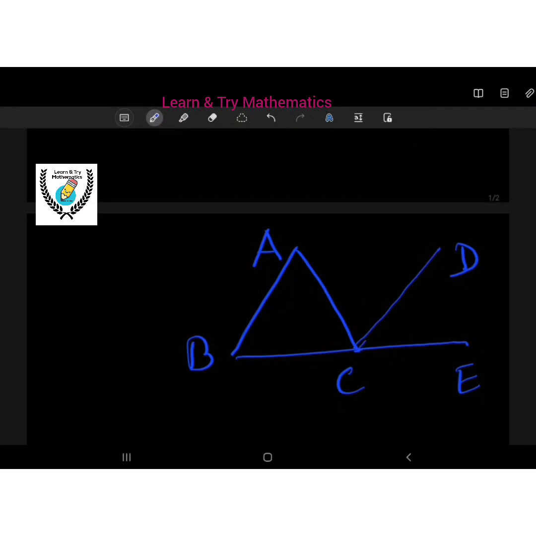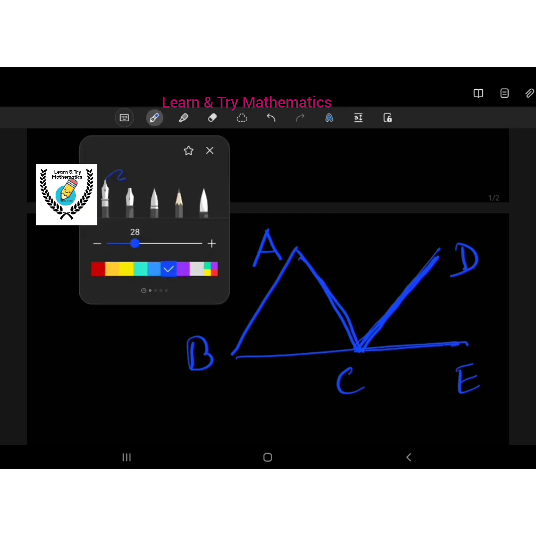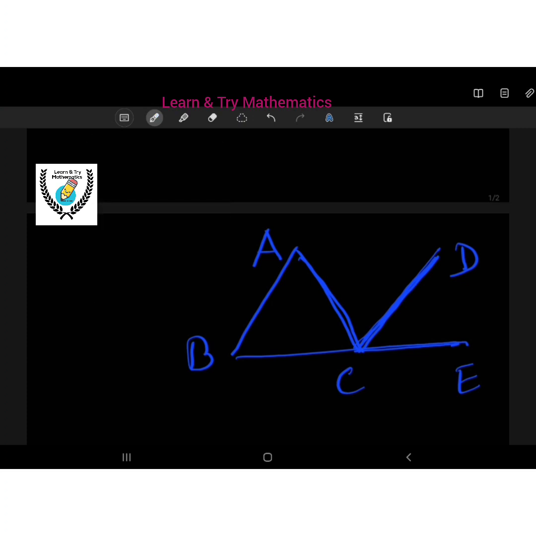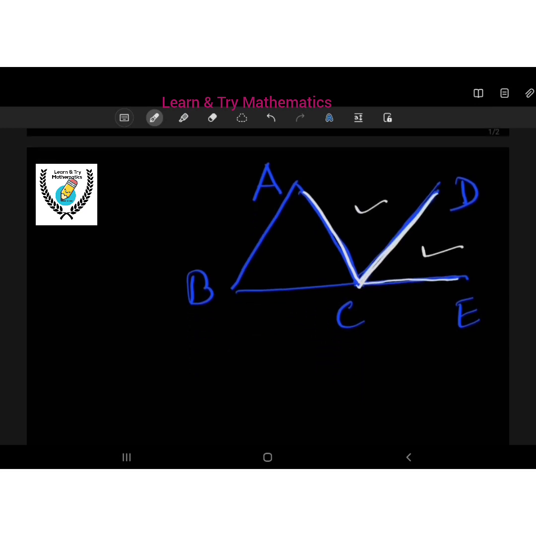Here CD is the bisector of exterior angle ACE. This is the bisector, then this angle and this angle are equal. Then we have ACE,